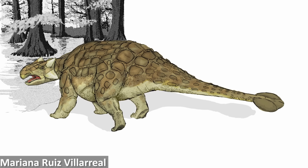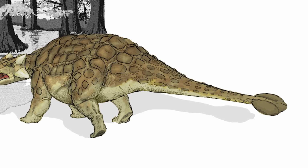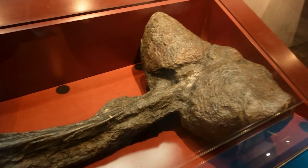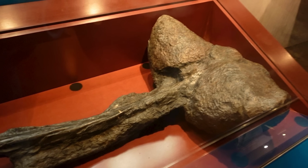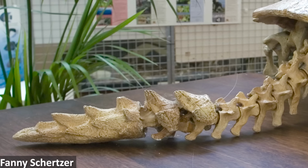The most famous example, Ankylosaurus itself, from the latest Cretaceous of North America, is well known for having a huge tail club at the tip, like other Ankylosaurids, making them look a little less turtle-like. Although Meolania, a kind of stem group turtle, did have a sort of tail club-like structure. Ankylosaurs also didn't have anything that could be considered analogous to plastrons, leaving their undersides exposed. But then again, their fairly large sizes and extensive dorsal armour was probably more than enough to keep them protected